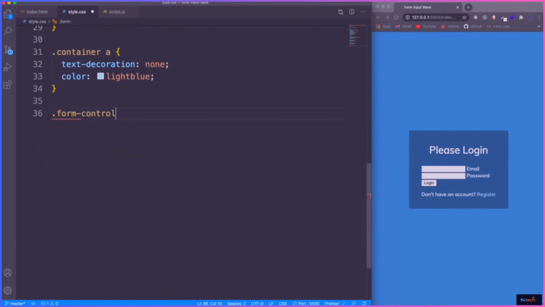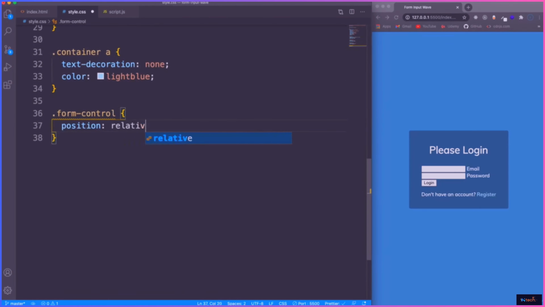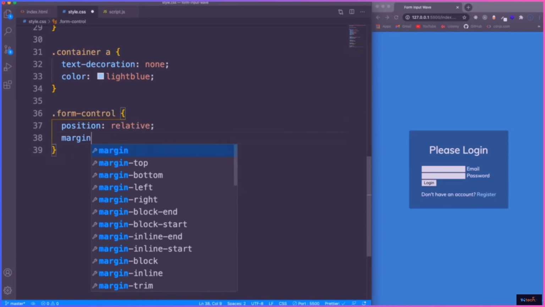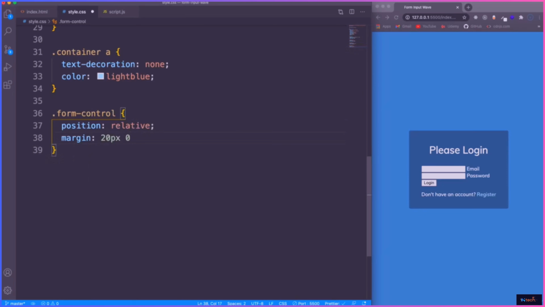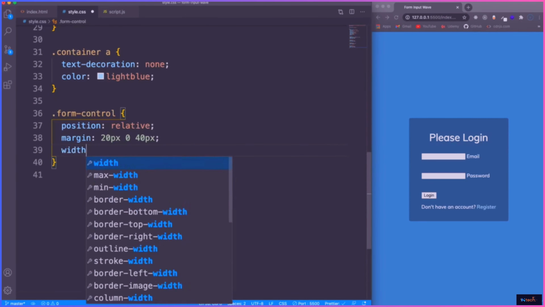Now for the form fields, we have the form control which wraps around the input and the labels. I'll position that relative because I want the label to be positioned absolute within it. For margin, let's do 20 pixels top and bottom and 0 left and right, and a width of 300 pixels. For the